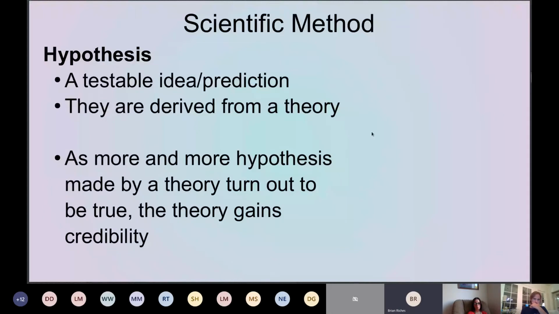With that, though, as more and more hypotheses around a theory are supported or turn out to be true, that theory does gain credibility. So when we saw that first test in, I think it was 1668, that suggested that spontaneous generation was not,